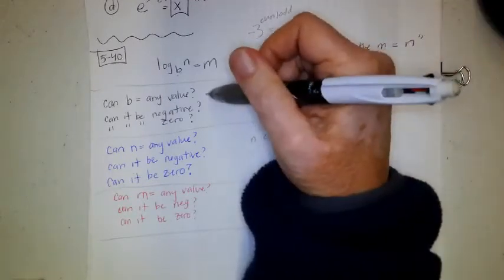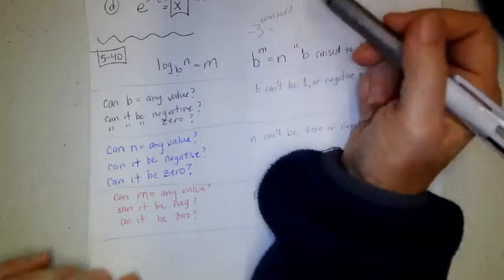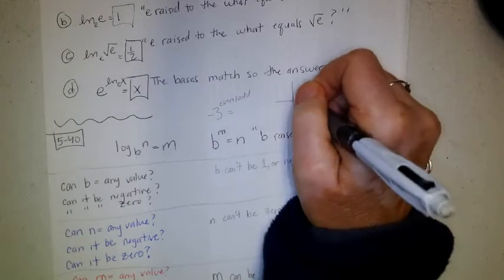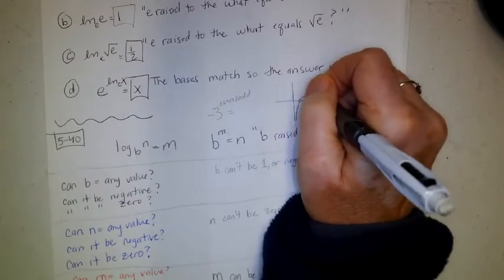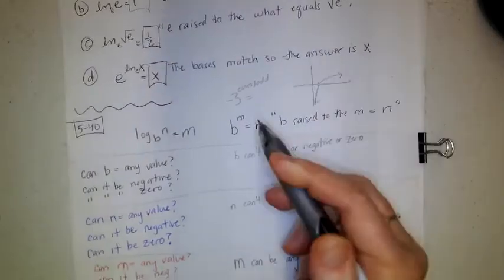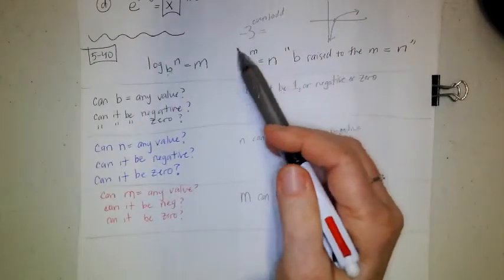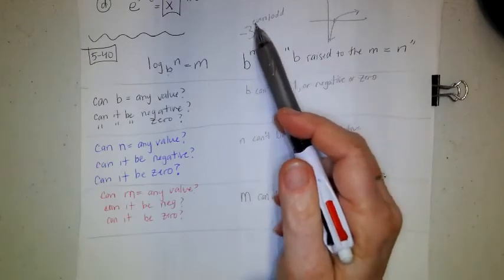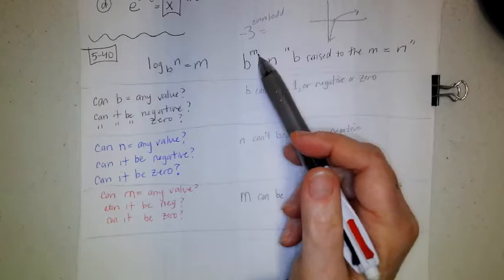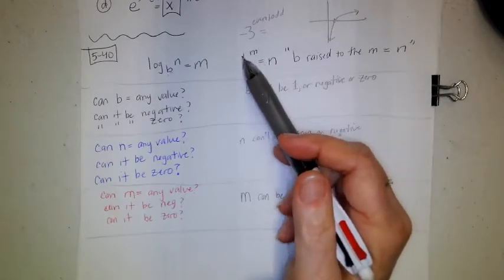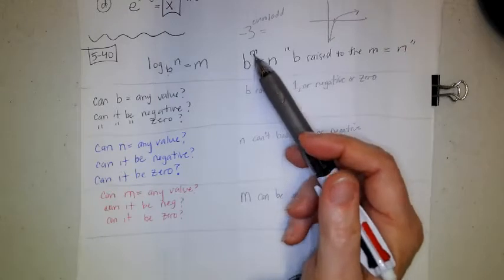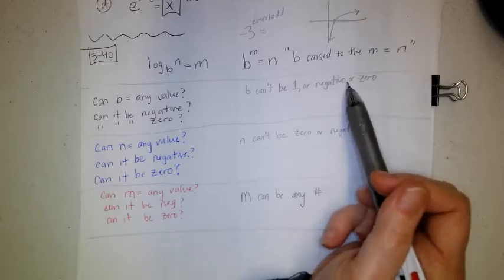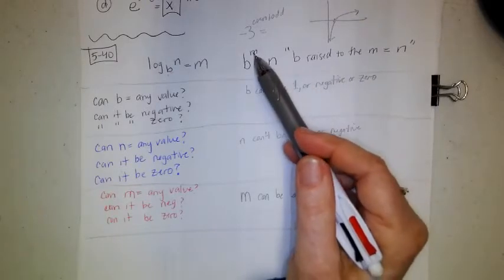And my logarithm graphs, they always look like this usually. But if I allow b to be negative numbers, then it's going to jump around depending on whether I'm raising it to an even or an odd exponent. It's going to change from positive, negative, positive, negative. So we don't allow b to be a negative number, and we don't allow b to be 0,